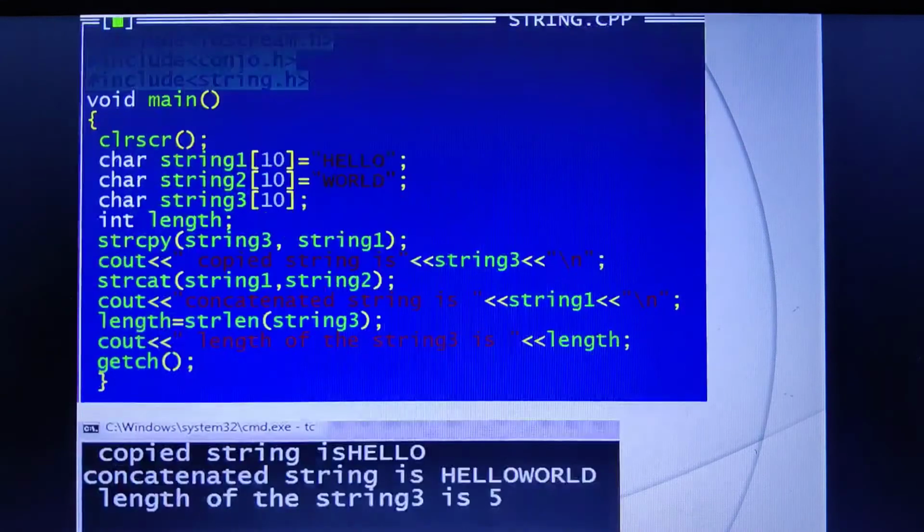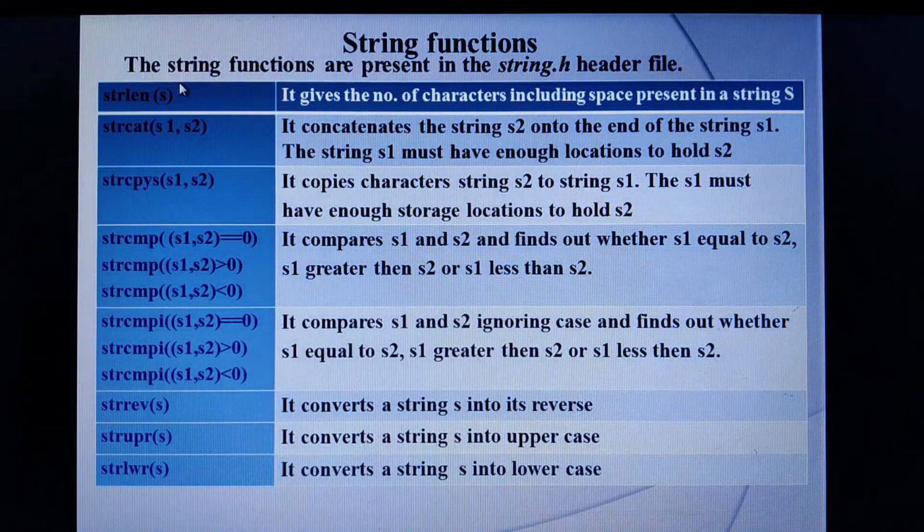But whenever you are writing a string function, please do pass the arguments like s1 comma s2. String concatenate always works with two strings. If you are just passing one string, that's a wrong answer, that's a wrong function. And if you are just writing strcat, the shortcut is cat here, and you are not passing any argument, this will be considered as completely 0. Understood? So without arguments, these string functions and the character functions will not work.